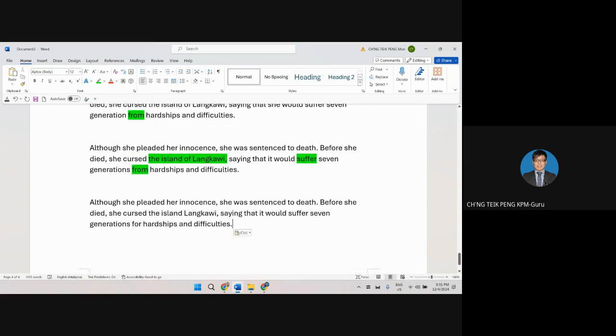Okay, although she pleaded her innocence, before she died, she cursed the island Langkawi. So she cursed the island Langkawi. 这个写法其实也，你要讲它错，其实它也不是错，你知道吗？明月，it's just that it's a little bit non-standard，有一点点不规范而已。比较规范的写法呢是 the island, Langkawi 这样子写的话呢，就有一点点 choppy，有一点点断，不大顺，在这个句子里面，所以我们就放 of。这里你能明白吗？明月，为什么老师讲换成 of？明白。明白啊？